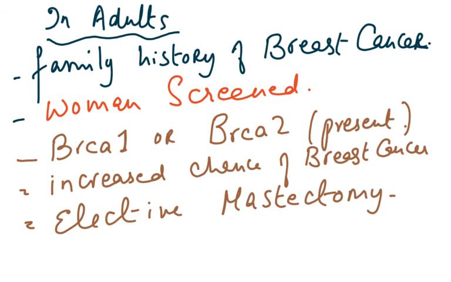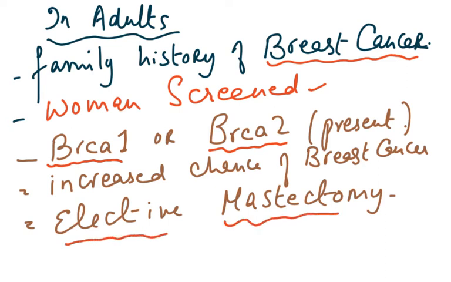Now an example of screening in adults is if there is a family who has a family history of breast cancer and one of the women in that family wants to be screened. So we can test her, and if she has the alleles BRCA1 and BRCA2, we have now identified these, and we can do a test to find out if she has these. And if it is present, then of course she has an increased chance of having breast cancer. So even at a young age, she can decide to have her breasts removed surgically, and that is called elective mastectomy. So this helps this adult to make a decision, which is a very critical decision to make,